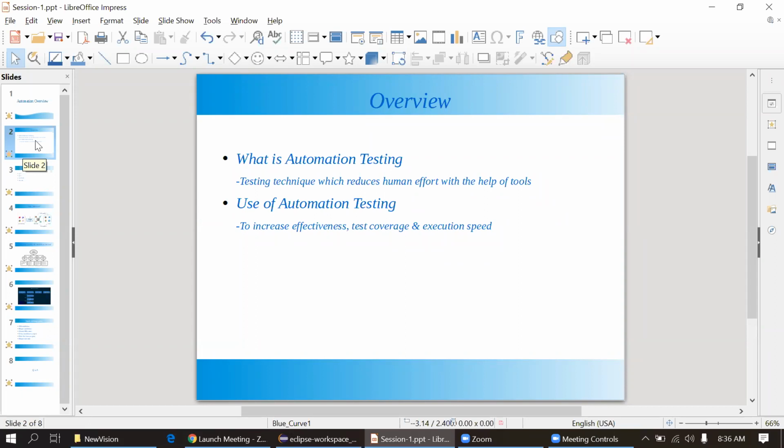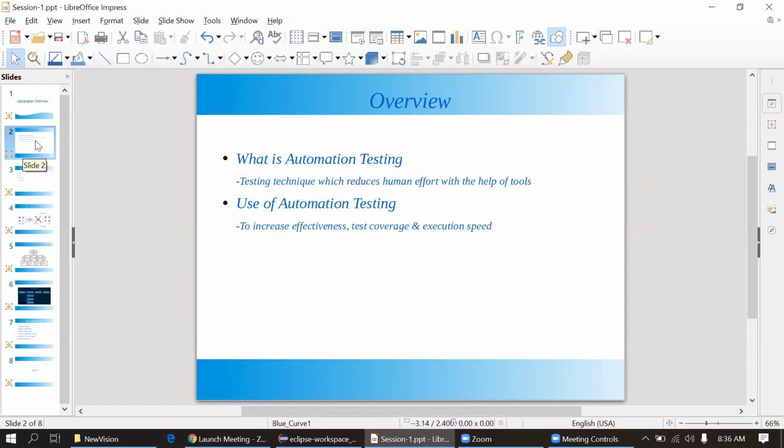So if you can automate the previous portion, then we can go ahead with the new feature as manual testing at the initial stage. It reduces the manual effort and it's cost efficient. It improves test coverage and execution speed as well, because if you execute the script at night, the next day we can see the report, and based on that we can conclude that the previous part of the application is not impacted at all, or if there is any defect in the previous part, we can fix it and go ahead with the deployment. That is the main motto of automation.